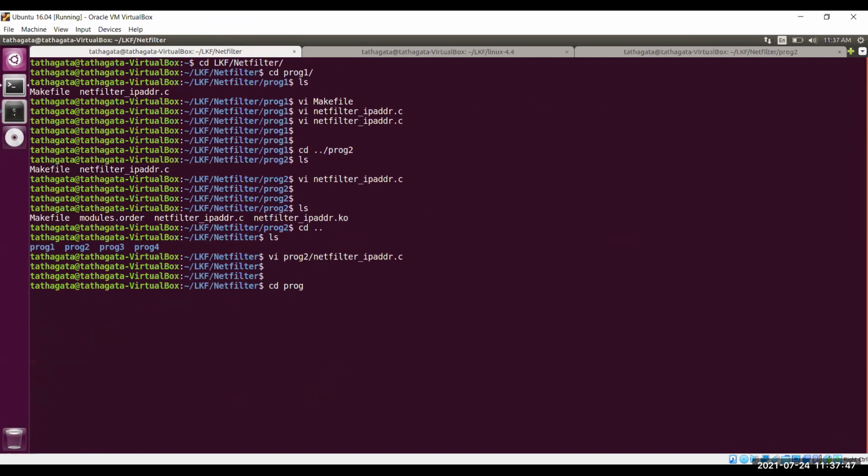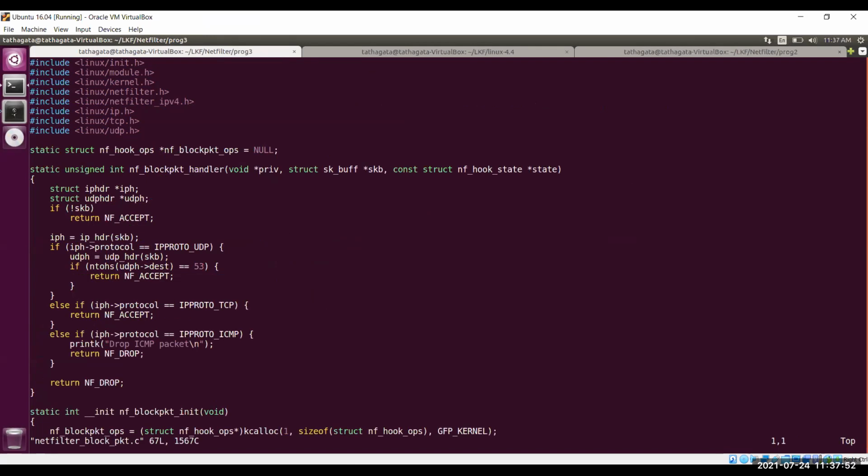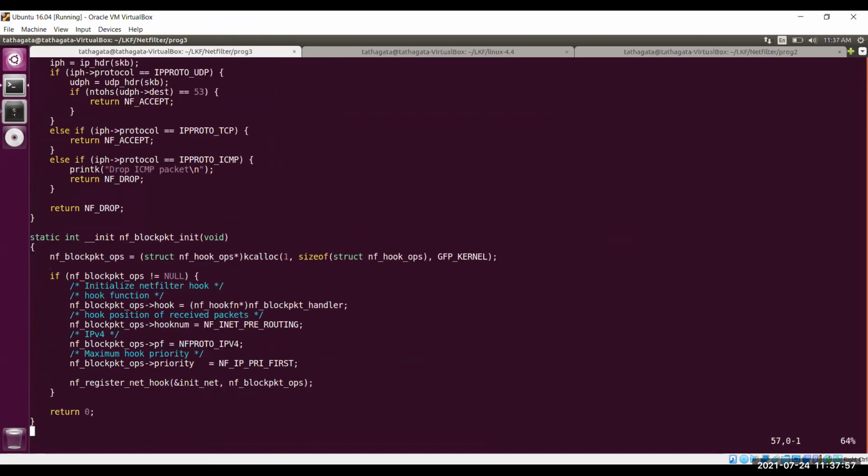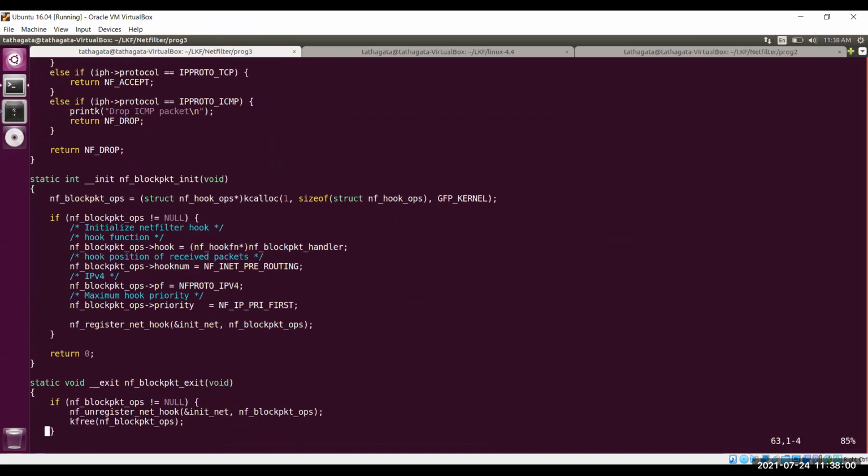Say now you want to block it. Say I want to block a packet for ICMP, not for TCP or UDP. So I will allow TCP packets or UDP packets, but I will not allow any ICMP packet coming to my machine. Another difference between this program and the other program, let me open that program.